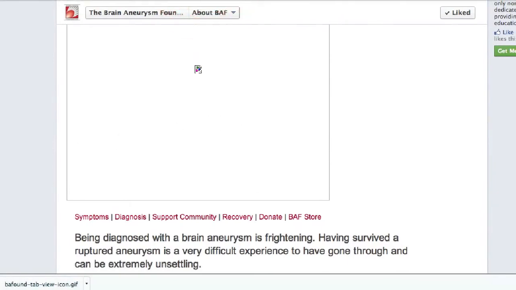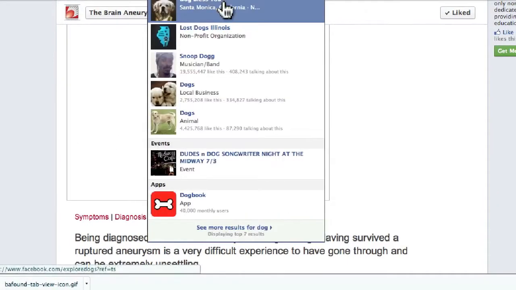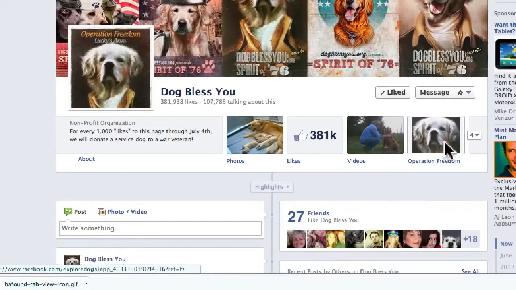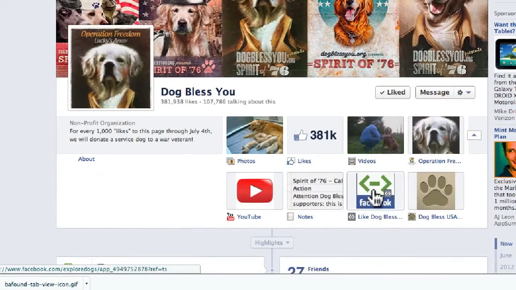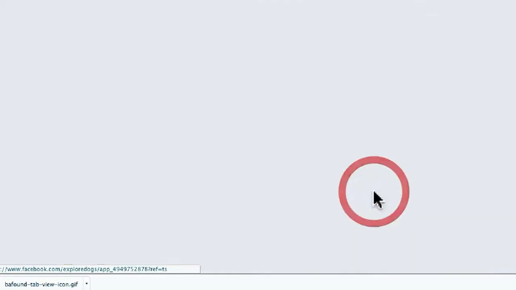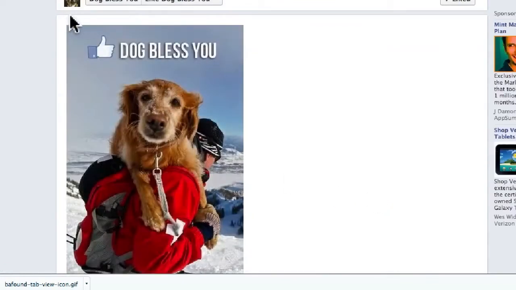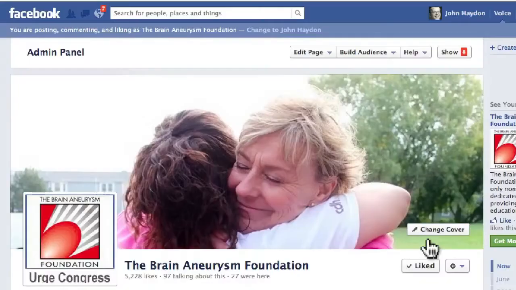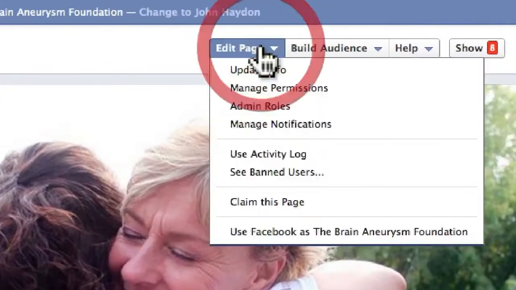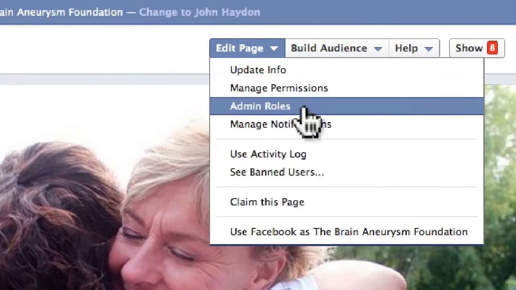Well, let me go to another Facebook page that I absolutely love. And let's go to these guys. So they have static FBML. If I click on this, they have an image that is kind of narrow. You log into your page, go to manage permissions, or somewhere in the back end of your Facebook page, and